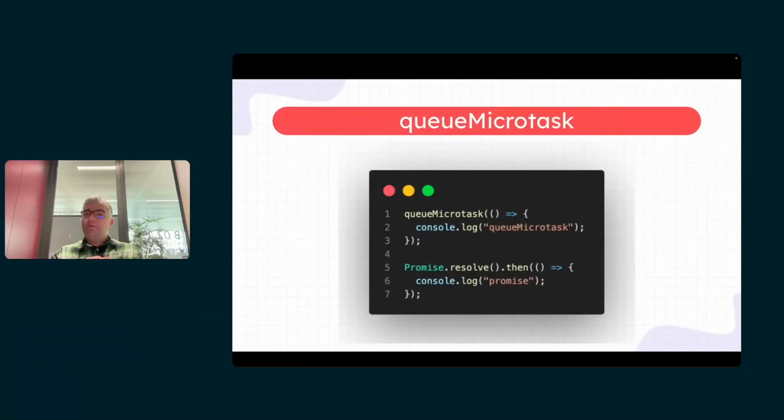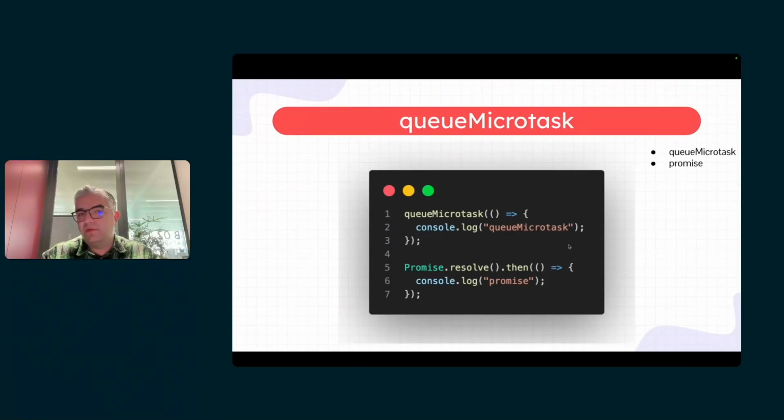So first one, hopefully there is a function in JavaScript recently introduced. No, not quite recently, but it is stable and available in all browsers. The function is queueMicrotask instead of doing Promise.resolve and blah blah blah. So you use queueMicrotask in order to queue a microtask for yourself. So tell me, since you know everything right now, queueMicrotask on line 1 and Promise.resolve on line 5. Which one comes first?